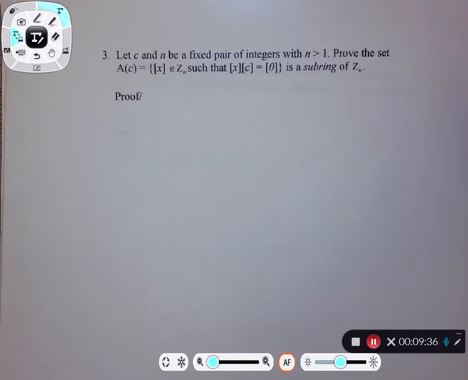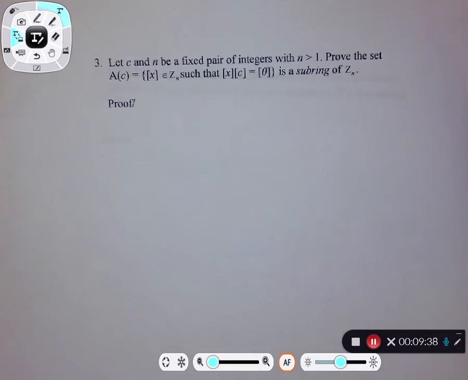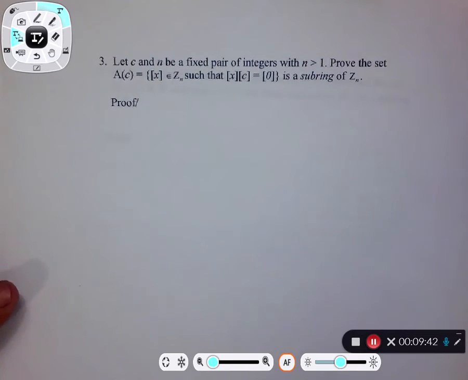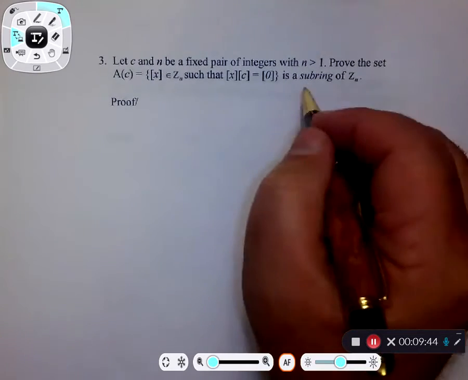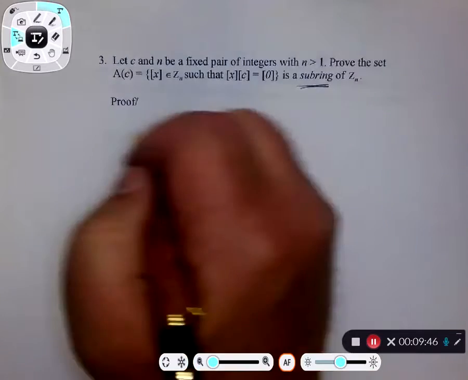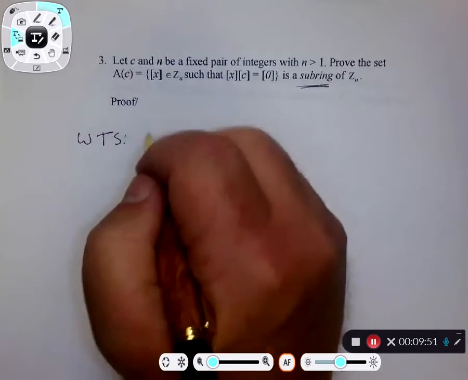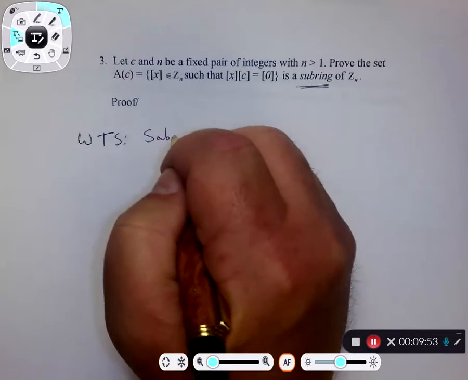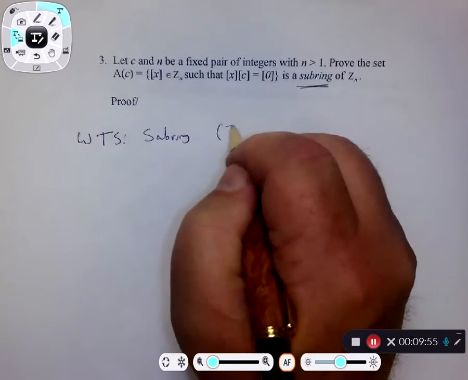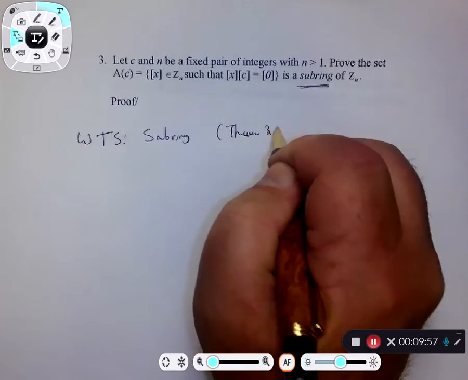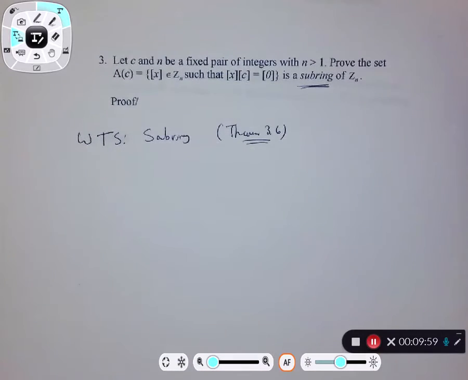Now, problems number 3 and 4 on this homework set are about showing a subring. So remind yourself from section 3.2, to prove you've got a subring, you want to show a subring. And you will be quoting the famous Theorem 3.6. You should have memorized by now. Theorem 3.6 says this: